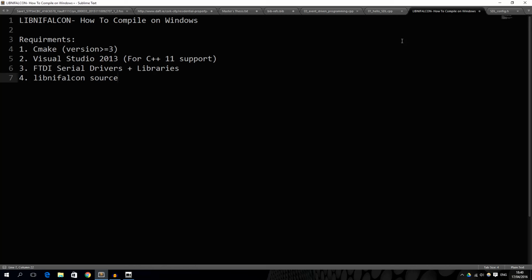This is a short tutorial on how to compile libnifalcon for Windows. Libnifalcon is an open source variation of the drivers for communicating with the Novint Falcon games controller, which can also be used for research and other things. So basically this open source library provides methods on how to control the Falcon without having to rely on the proprietary